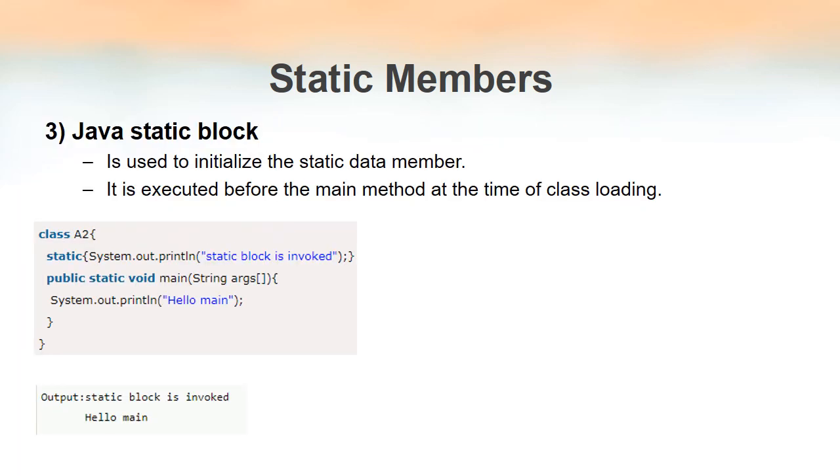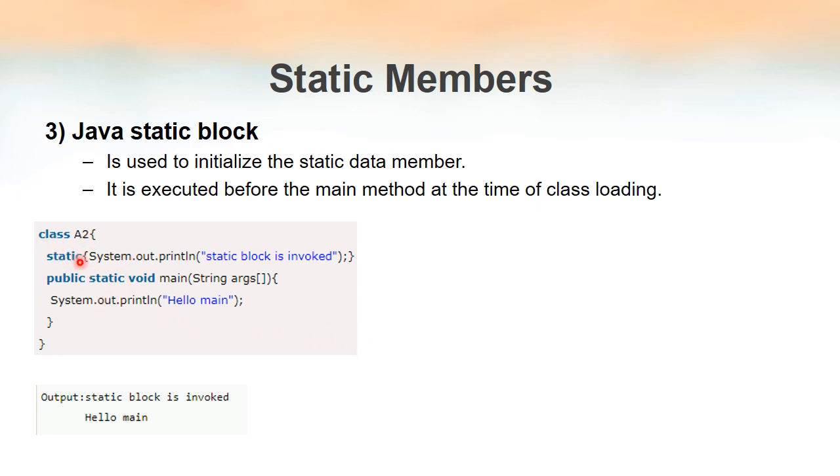We can also use the static keyword to create static blocks. If we want to execute particular lines of code even before the main method starts working, we can use the static keyword and create a separate block. A block means a pair of curly brackets. Just write the keyword static just before the pair of curly brackets. That becomes a static block. In that case, this block will be the first block to be executed, even before the main method.